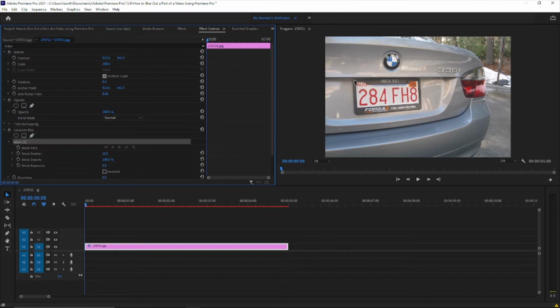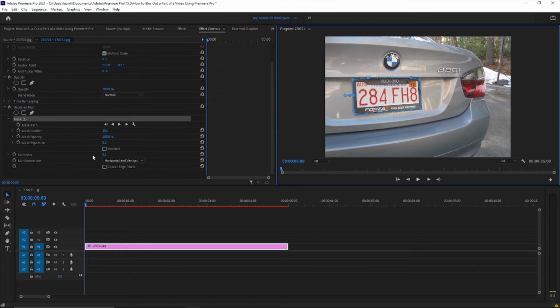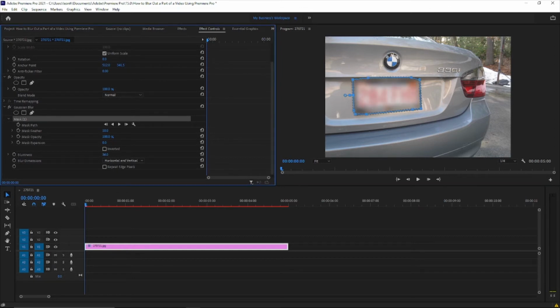So as you can see now I've basically just covered that, and now what you want to do is come over to the blurriness and increase it, and as you can see it's blurring it out. So you can change the way it looks, so horizontal, vertical, we're going to go for both. So you can increase it 50%, and you can go a bit too far as well,